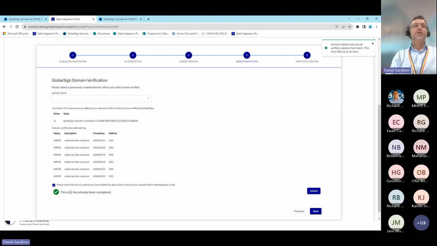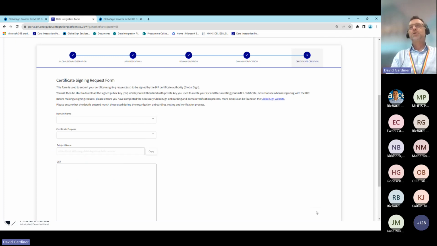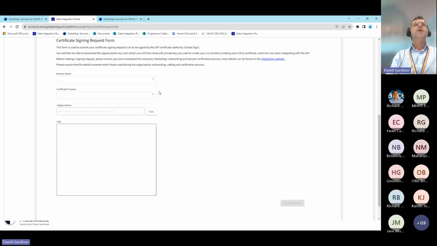That has already been completed, but what you would be doing is clicking the box, submit. The next button would appear. We'll click next, and that moves us on to the last stage required to complete the certificate signing and complete the onboarding. So the boxes that we have here, first of all, the domain name,